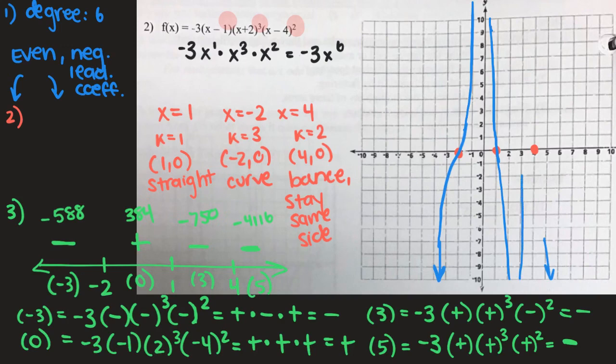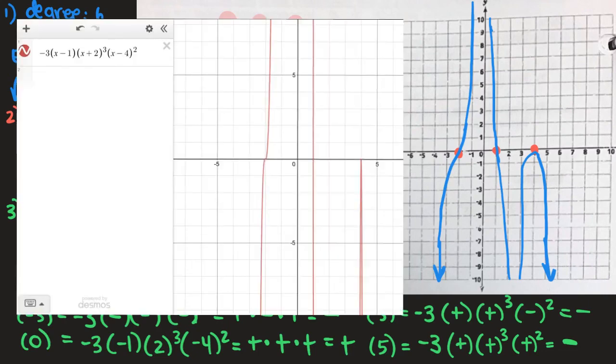And then at 4, what happens at my root 4? It says that I bounce or I stay at the same side. So I'm not actually passing that root, I'm staying on the same side. It's going to look like this, and then I eventually come back down. So this is roughly how my function looks when I graph it. And so let me show you how this function actually looks like when it's graphed out. And so if you take a look at the graph that I just put in, pretty much ours follows the